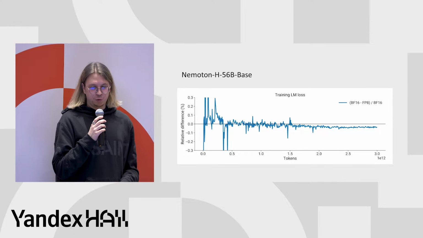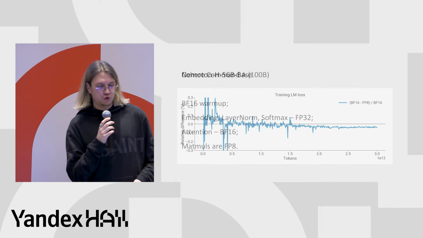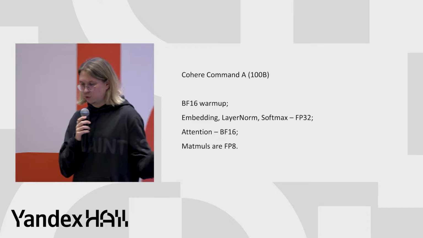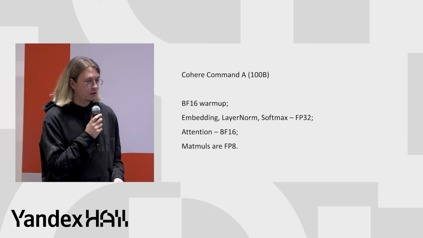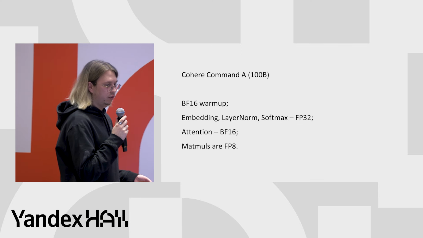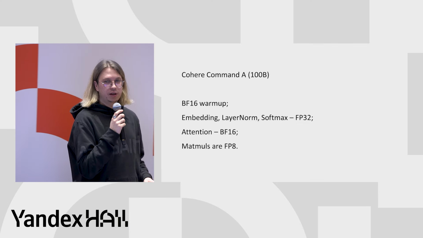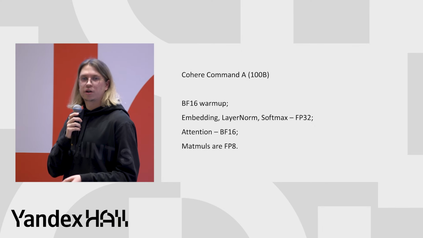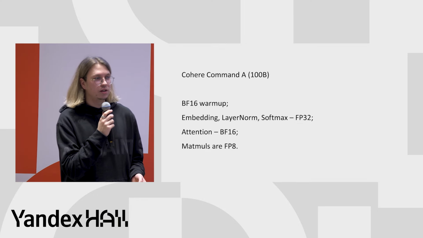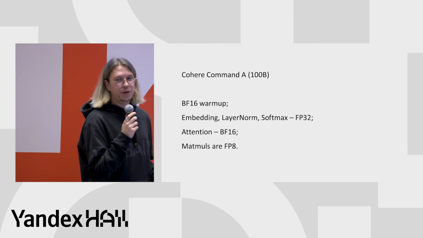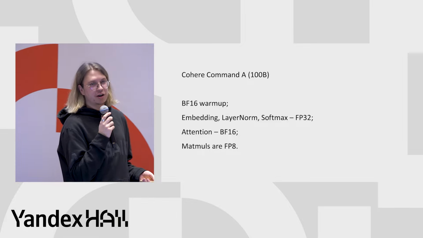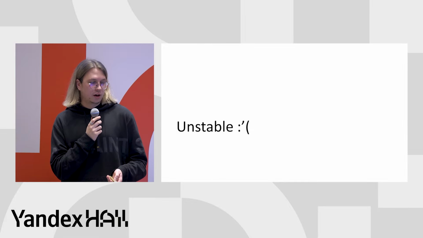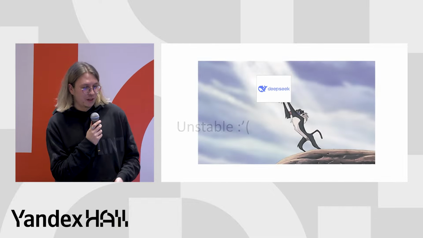Yeah, there are a lot of different findings of how the losses look when you train with BF16 and FP8, but the important thing here is if we take a look at this model, Command A, and the previous model, you can see that they use some sort of regularization. Here they used a BF16 warm-up. In the previous model, they used the first 4 layers and the last 4 layers in BF16, because training the full model in FP8 is very challenging because of outliers. So you still have to use some operations in BF16. Yeah, unfortunately, it is very unstable. But then